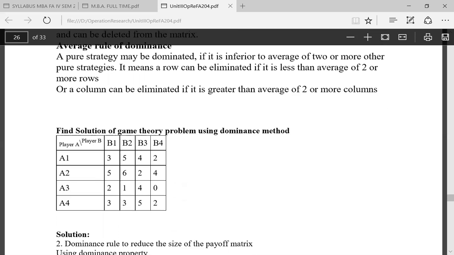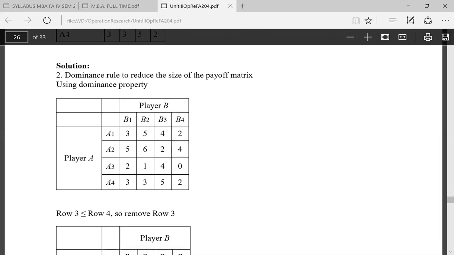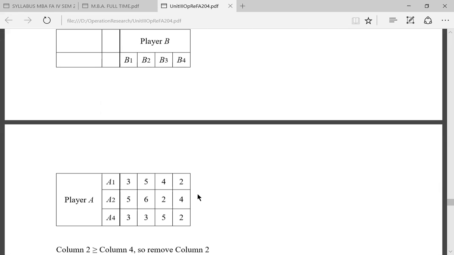सबसे पहले हमने इसमें A3 और A4 को कंपेयर किया है, तो 2 is less than 3, 1 is less than 3, 4 is less than 5 and 0 is less than 2। तो A3 रो को हम एलिमिनेट कर सकते हैं A4 के कंपैरिजन में। तो ये हमारी A3 रो एलिमिनेट हो गई। यहाँ पर A1 है, A2 है और A4 है, A3 को हमने एलिमिनेट कर दिया।